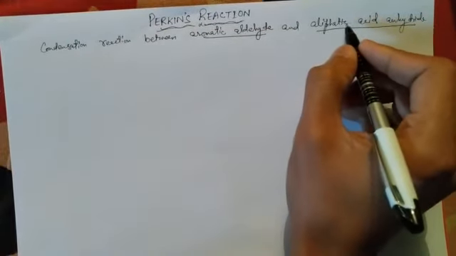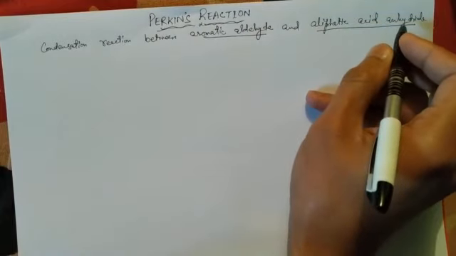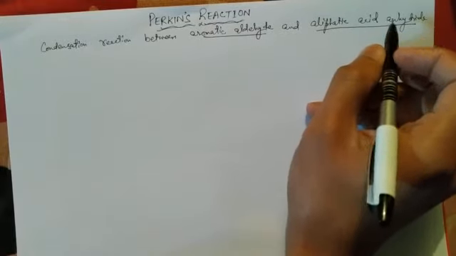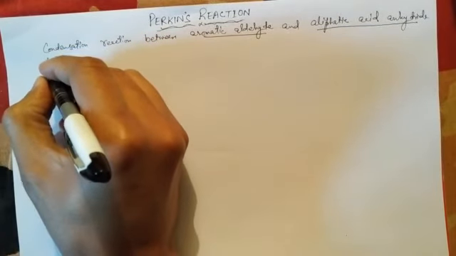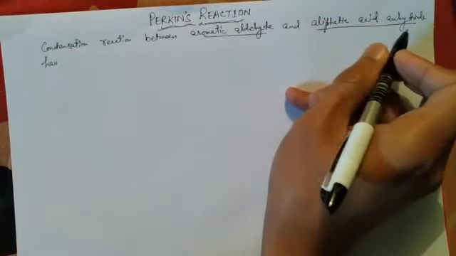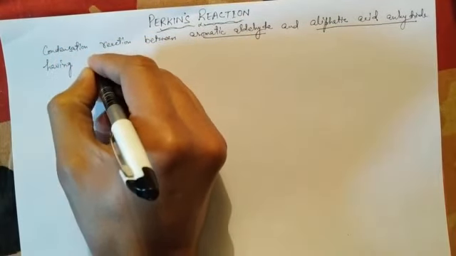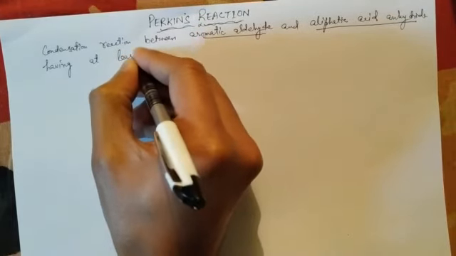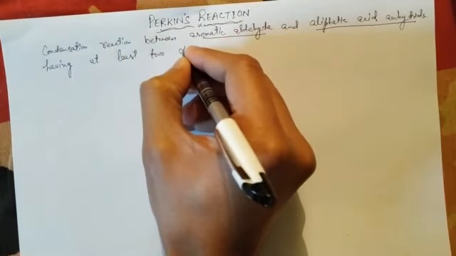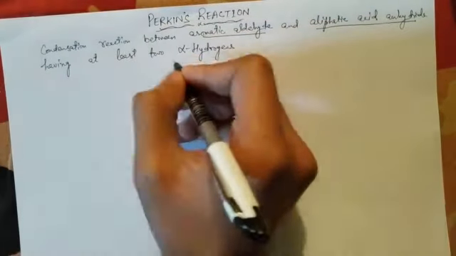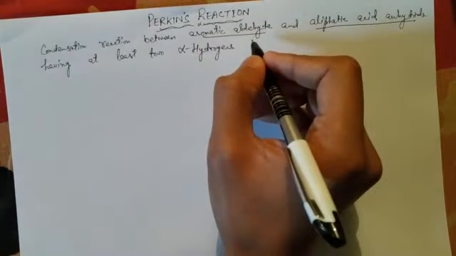And that aliphatic acid anhydride must possess at least 2 alpha hydrogens. Remember, this aliphatic acid anhydride must have at least 2 alpha hydrogens, and this condensation reaction takes place in the presence of a base,